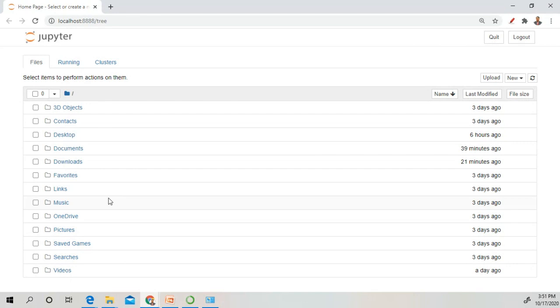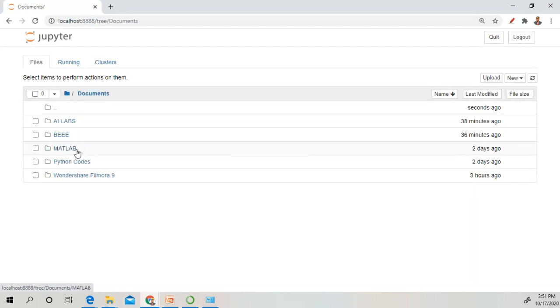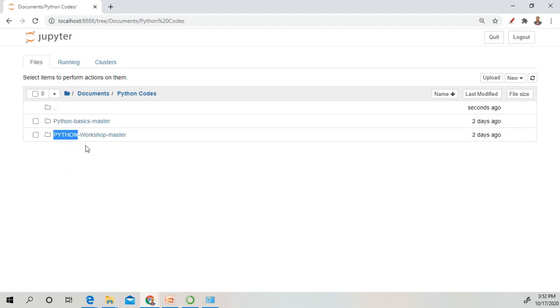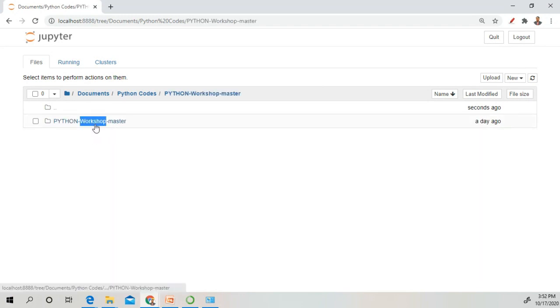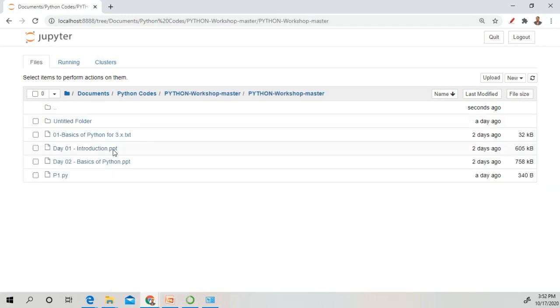So you choose the folder where you want to create your programs. I am using my Documents folder. Here I have stored all the programs in Python, and I have created different folders. In this way, you can create the folders.